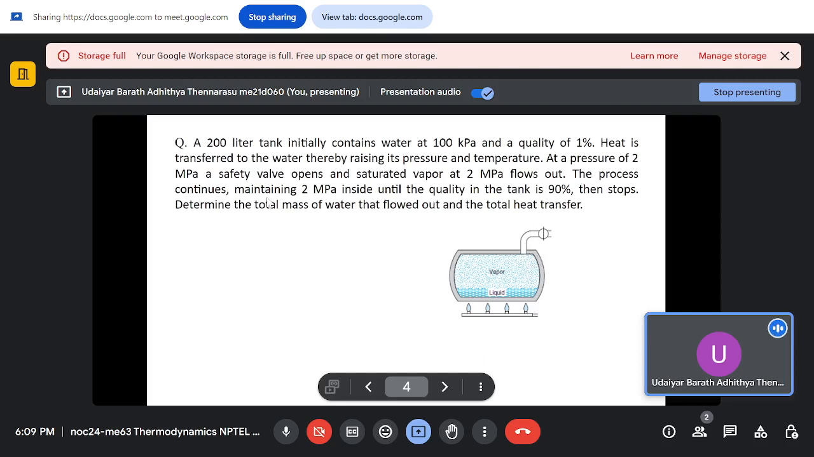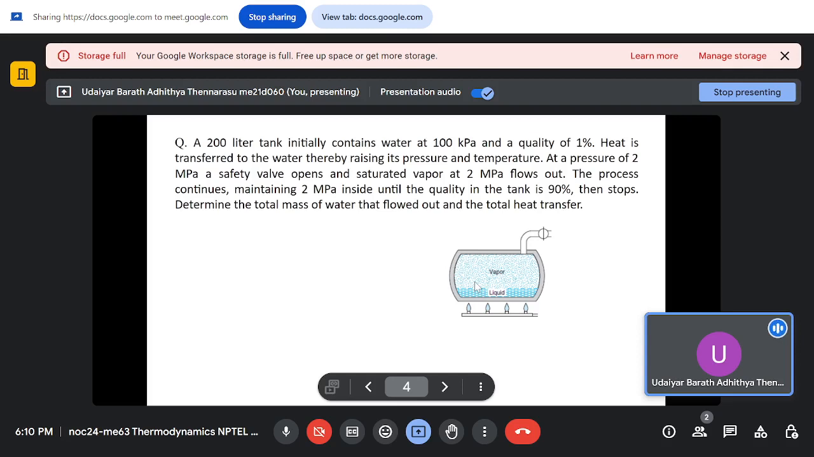The process continues maintaining 2 megapascal inside until the quality in the tank is 90%. Then it stops. Determine the total mass of water that flowed out and the total heat transfer. So you see there are two types of processes happening. Initially when the tank was filled with water plus water vapor, it's 1%,